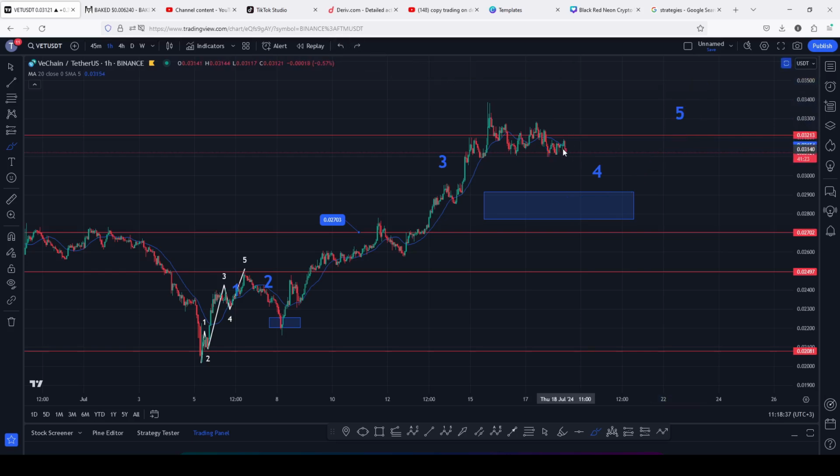In case of a pullback, this is the area to watch out for, and in case we see a bounce back, breaking above resistance and breaking above these significant highs, then there are chances that we could just see a shallow Elliot wave count 4, and we have started our aggressive bounce to the upside in this Elliot wave count 5. So that is the price action to continue paying attention to,